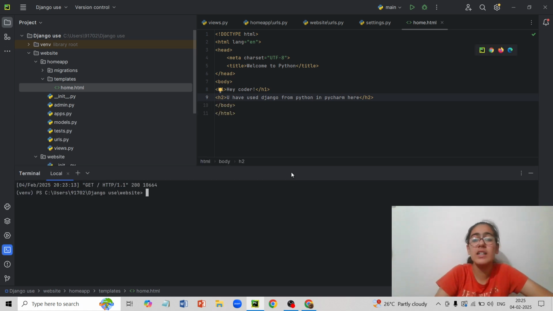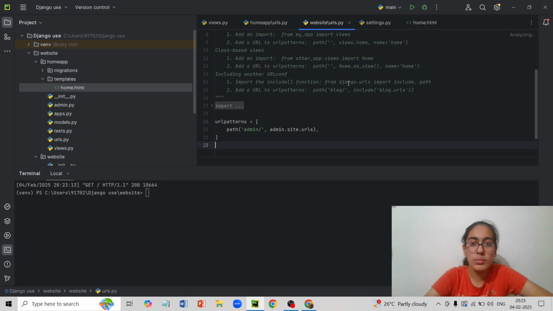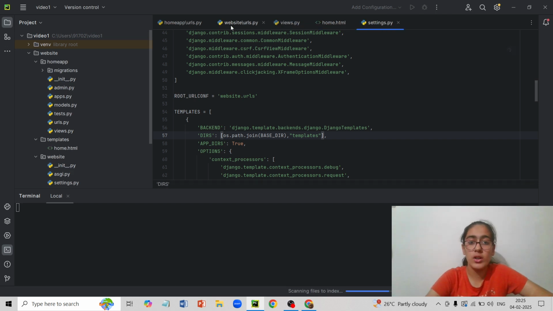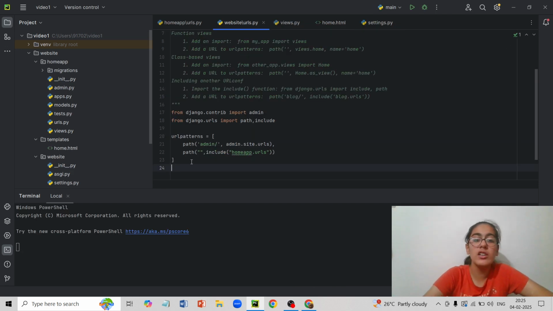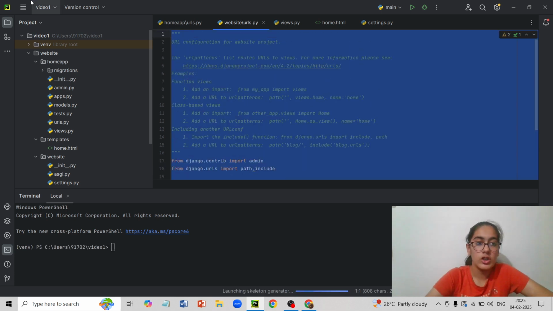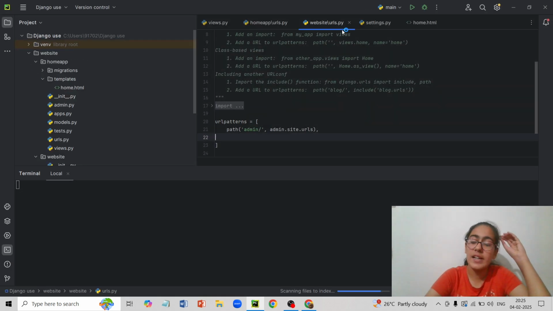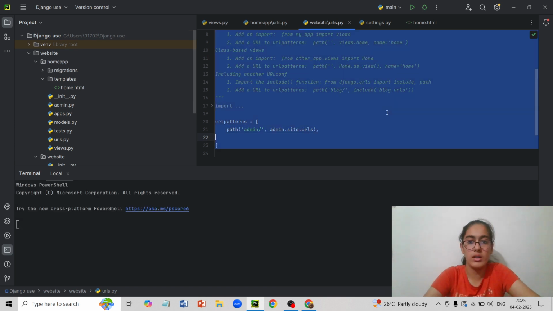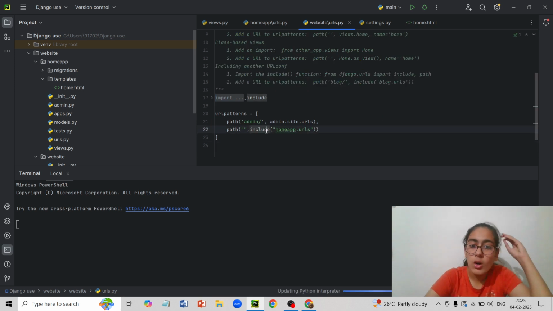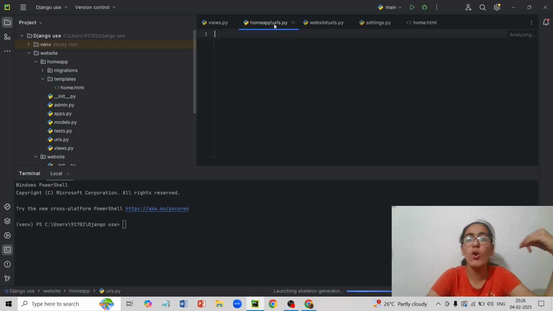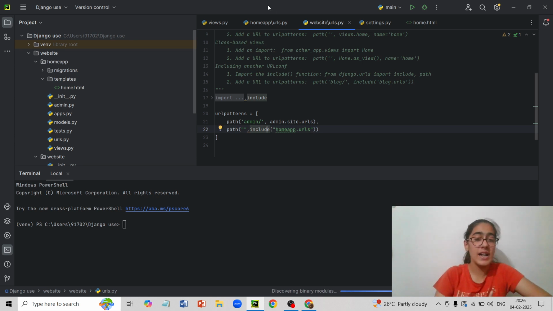That's because we still haven't connected this home page to our code. So for that, we go into home app, website.urls at first. And then over here, we'll create another path. I'll show you how to do that first. So here in website.urls, we created this path which included the home app.urls. So we'll just go over there. And if you remember, I wrote in home.html. So here we have a home app.url. So it included our home app URLs. Now, how to add the home app URLs as well as the views in this PyCharm, I'll tell you in my next video.